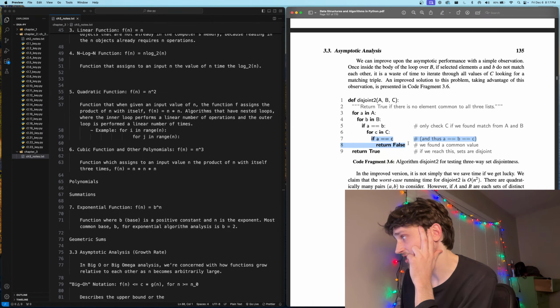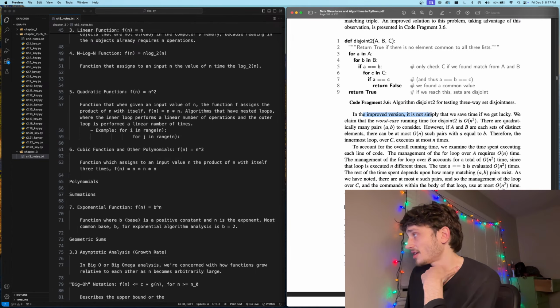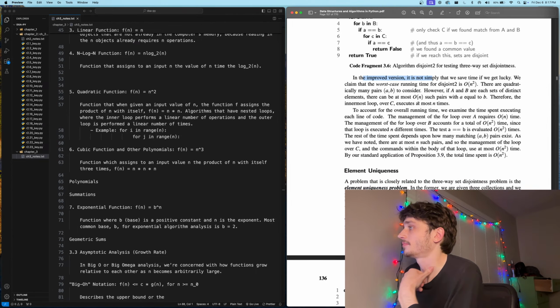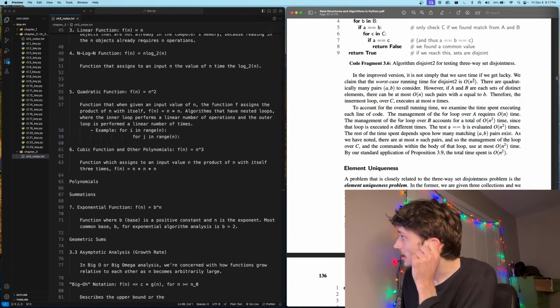If it's equal, then return the false that we found value, and then also return true, right? So the improved version is not simple. Sorry, guys. It is not simply that we save time if we get lucky. We claim that the worst case running time for disjoint 2 is O of n squared, or it's a quadratic,